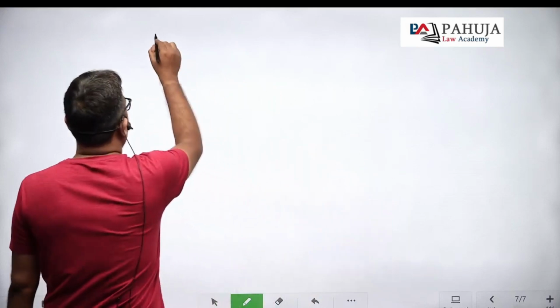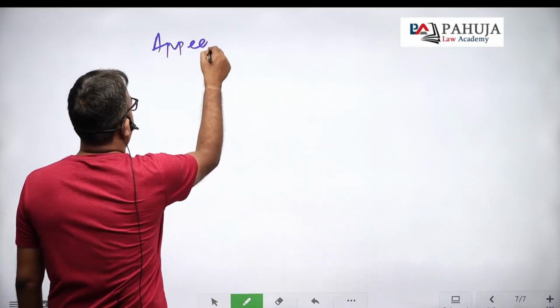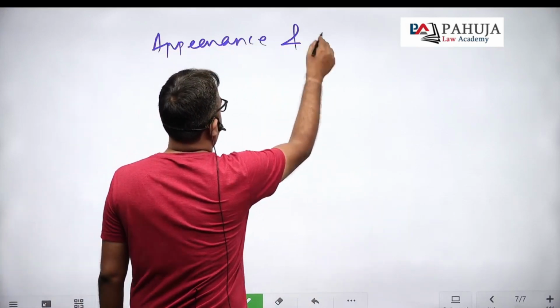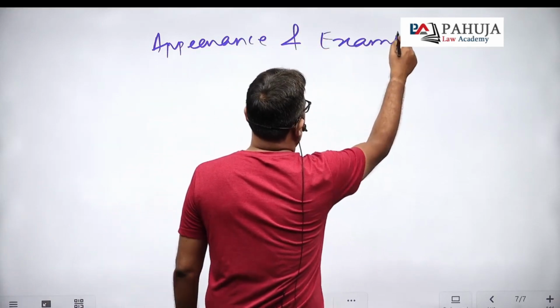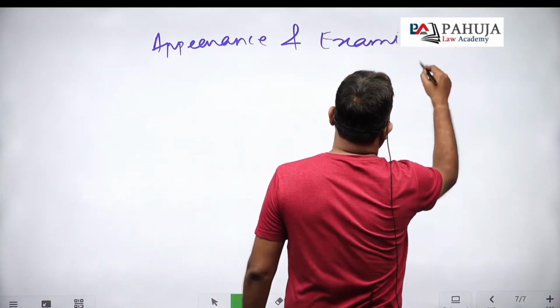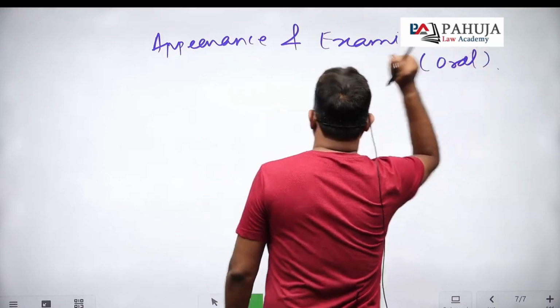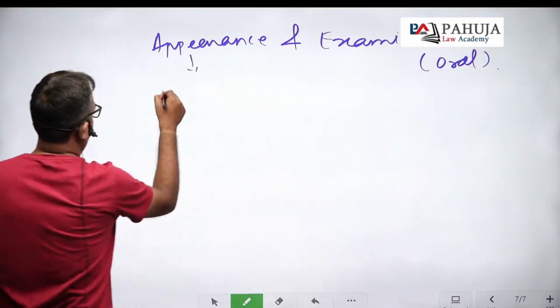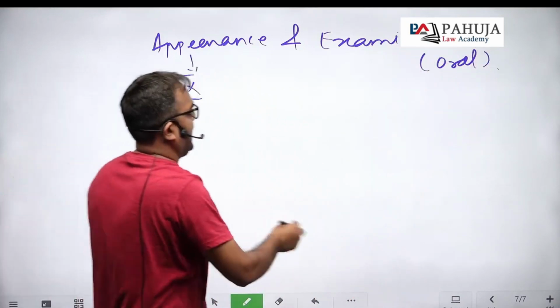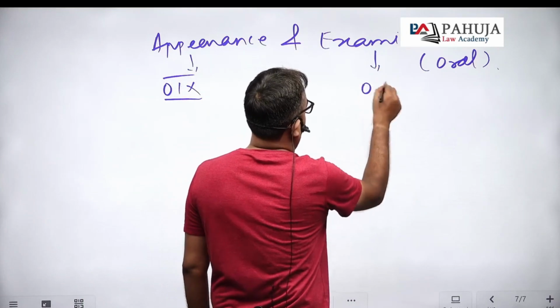Appearance and examination. देखो, actually appearance and examination. ठीक है, this is an oral examination. देखो, appearance is in order 9 and the examination of parties is in order 10,